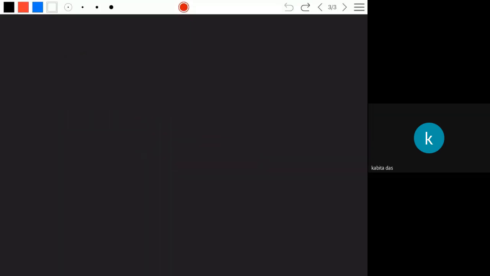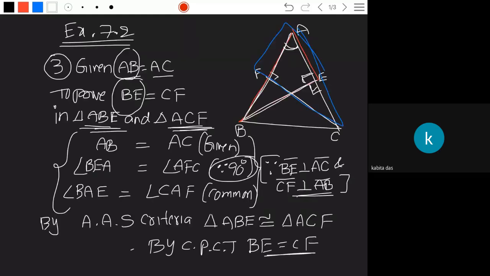Okay. Here the altitudes are equal, given. The difference in this problem is that AB and AC are equal, given. In this one, BE and CF are equal, given, in the fourth problem. Both are the same only. Whatever it may be, they are equal, given. These two triangles you can prove by congruency. It's a very simple thing, isn't it?